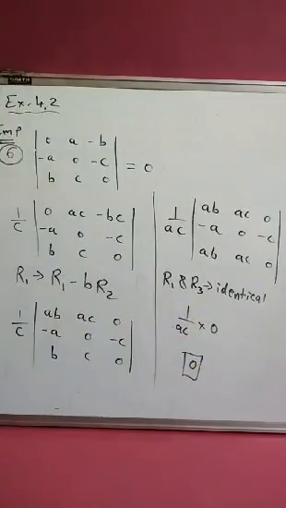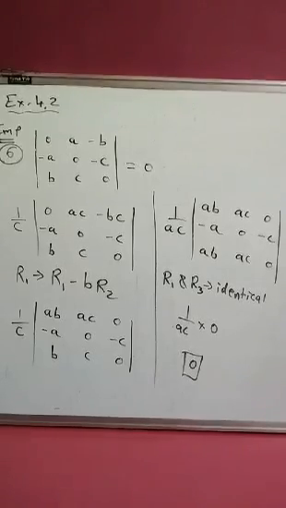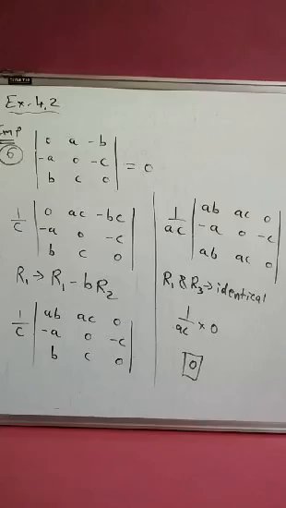Don't write your answer 0 directly. You know that you have understood, but the examiner doesn't know that you understood, so you have to show them. You have written 0 because row 1 and row 3 are identical. So question number 6 is a very important sum. Whenever a skew symmetric determinant is there, we have to solve it using a different type of method. We have to think over that and solve.